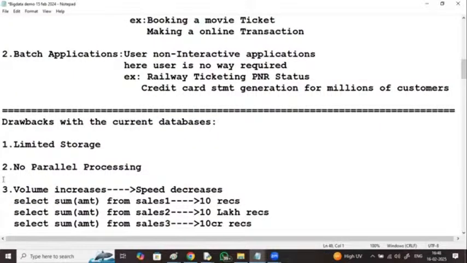Hadoop follows master-slave architecture.